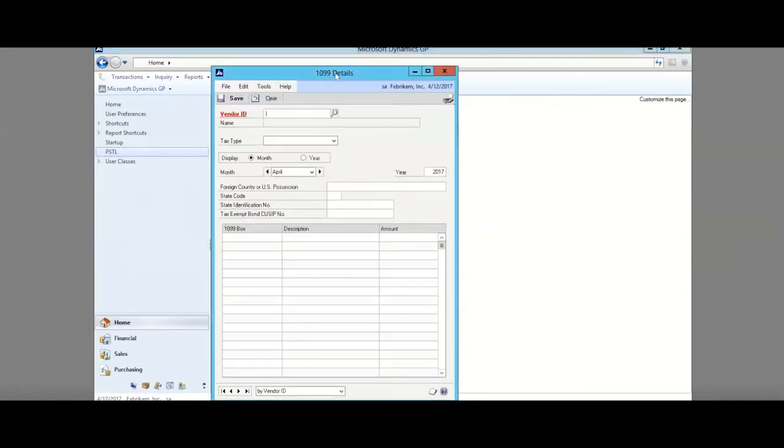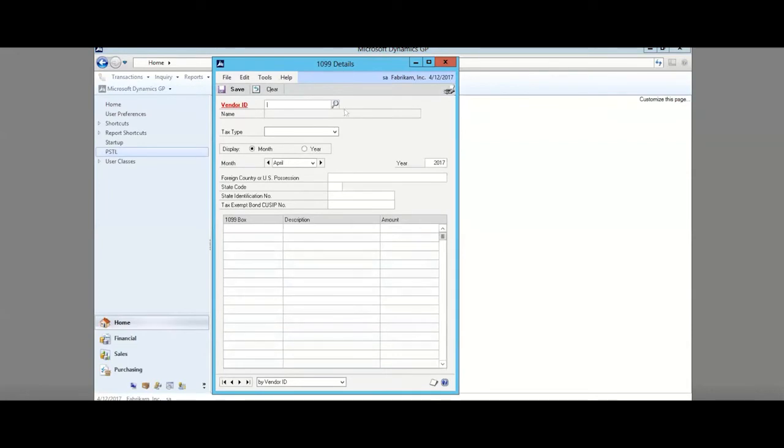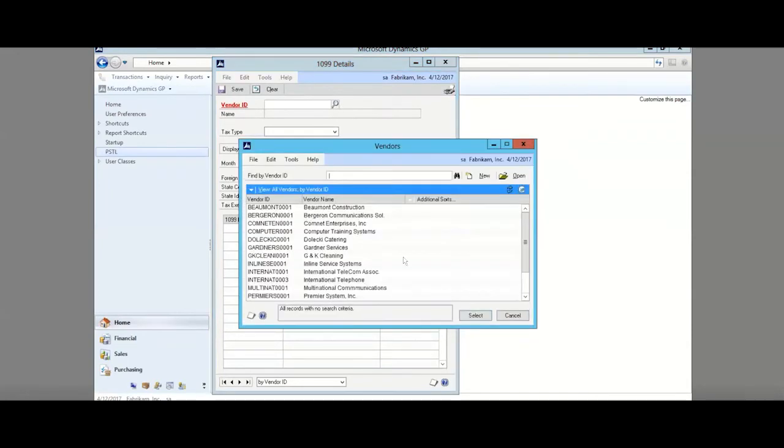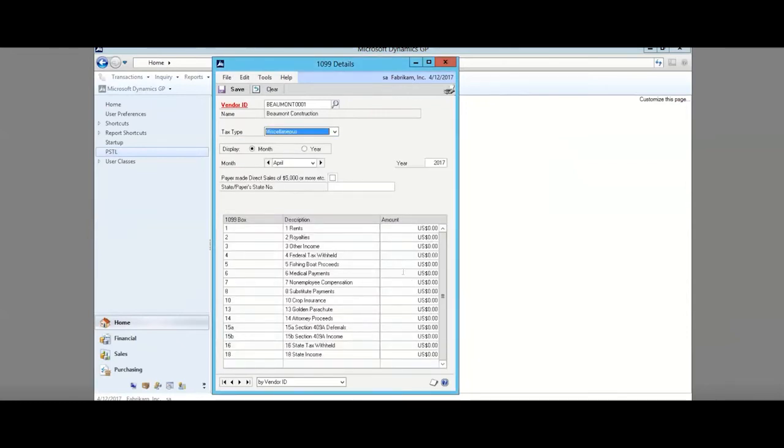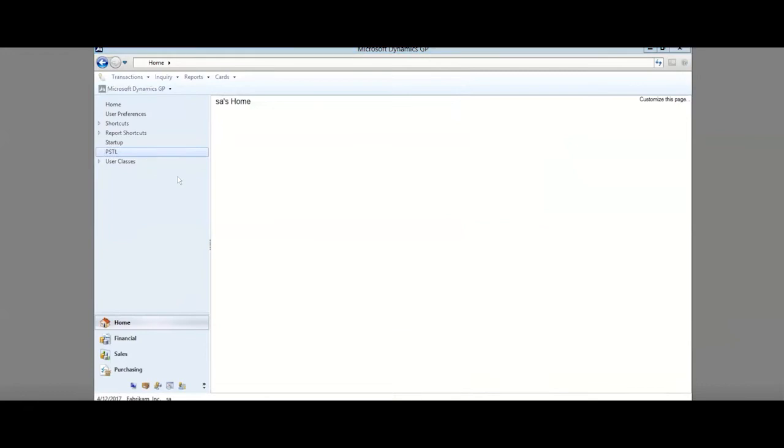And you can also go into the 1099 details. You can select the particular vendor. And here you would actually have to plug in the amount so that it is accurately reflected in terms of 1099. Now, you don't have transactions to back that up, but you would at least have the amounts for each of the vendors. So with the particular tool, as we go back,